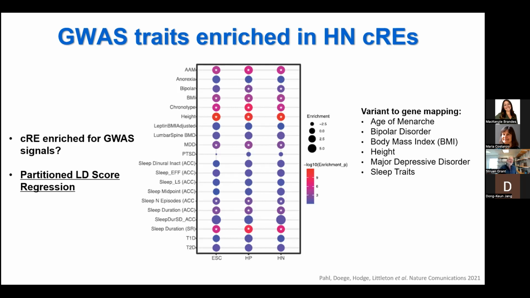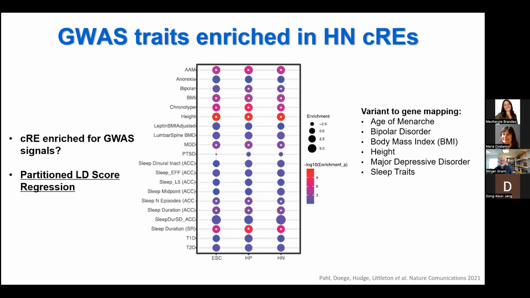And why we were doing this was, rather than guessing which traits we should study in the context of the hypothalamic data that we had, why not have the GWAS data tell us which ones are enriched? And so in this case, we saw enrichment for body mass index. Not really a surprise there. We know hypothalamus is very crucial to BMI regulation. We also saw age of menarche, very strongly enriched in all three settings, as we did for height, for chronotype, and other metrics of sleep.